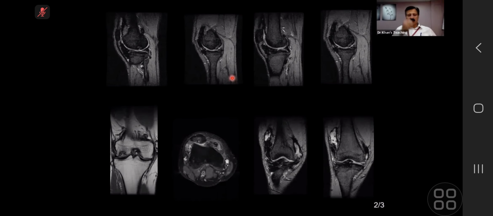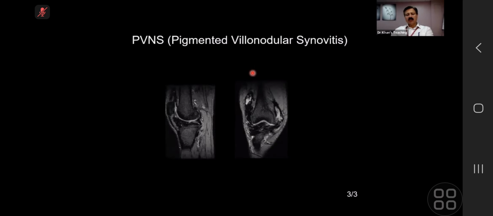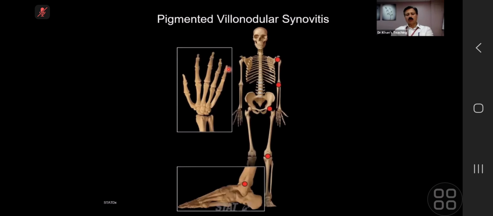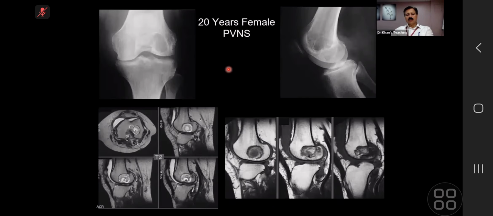So this is a classical exam case, where this is what we call hemosiderin, right? There is low signal, which is a bit of hemosiderin, and this is pathognomonic in a young age group for pigmented villonodular synovitis. So remember, the gradient echo sequence, T2 weighted sequence, will show it as low signal. Another case where there was an intraosseous component, and on MR you can see that it has gone into the